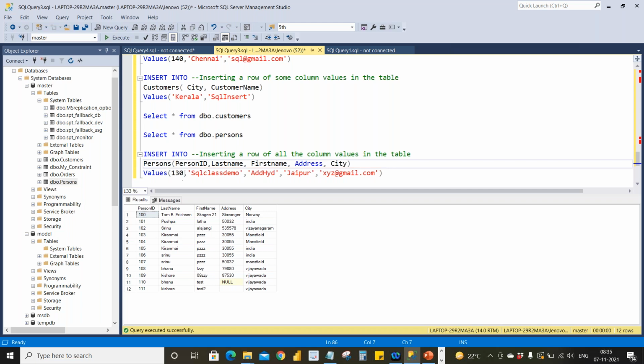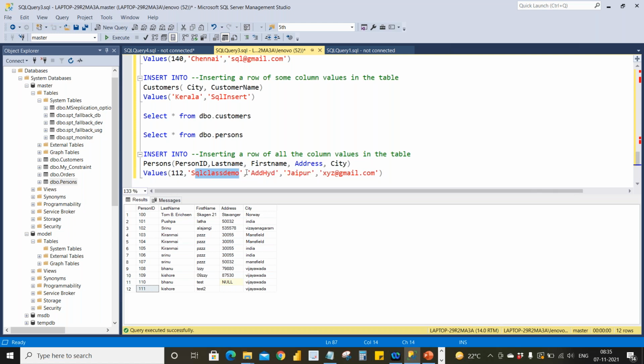Okay, person ID, as we have 111, I want to give 112, and last name being, let it be SQL class demo.